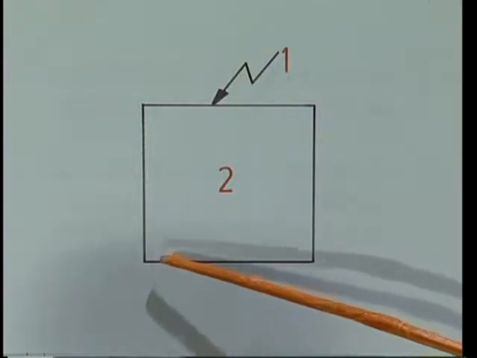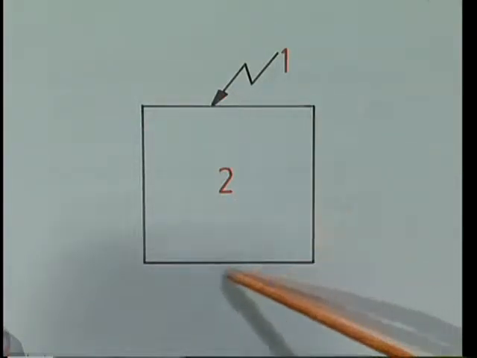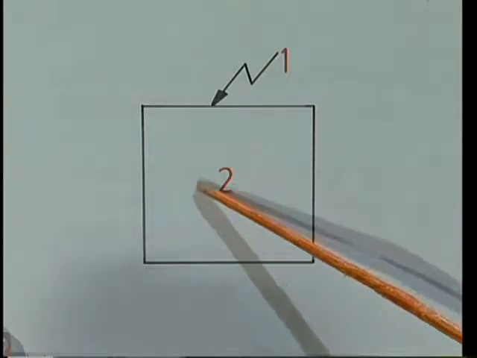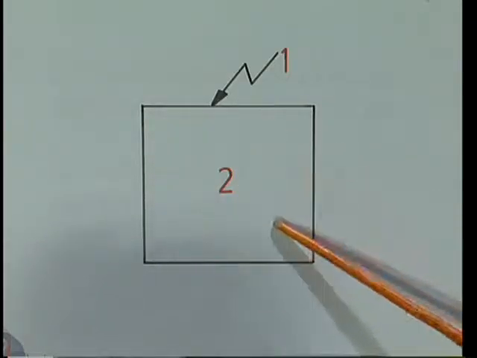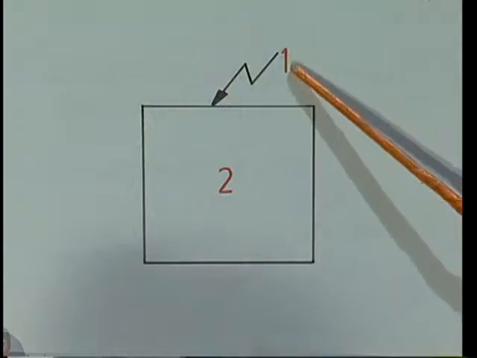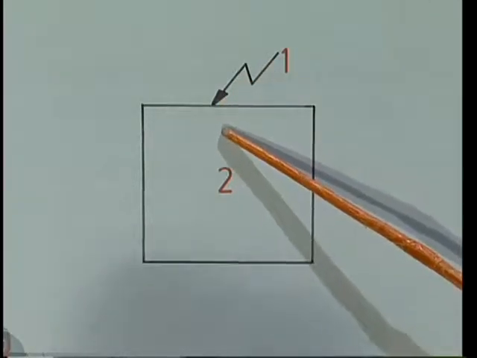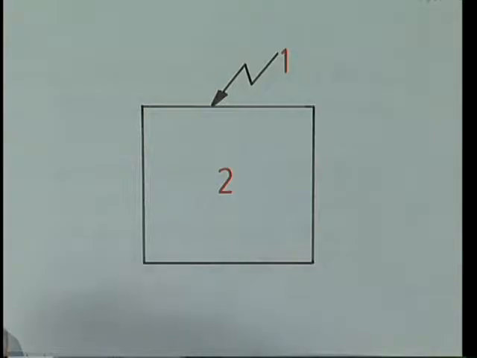So, the figure is like this. Here it is a generating station or substation. 2 is the generating station, substation or other substation. 1 is the lightning hit. Here the lightning directly hits the substation. So, what happens if we do not provide any protection? It completely or partially damages the generating station or substation,